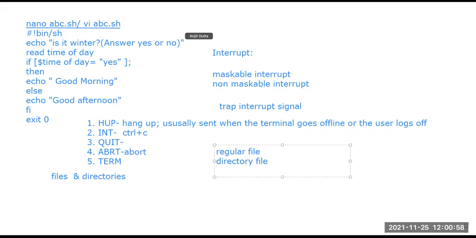Then the next file type we can talk about is the character special file.